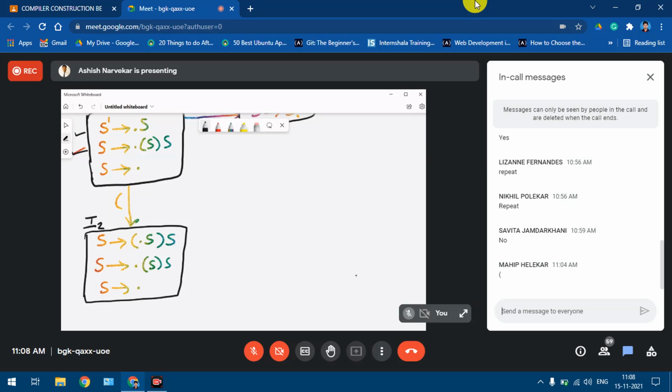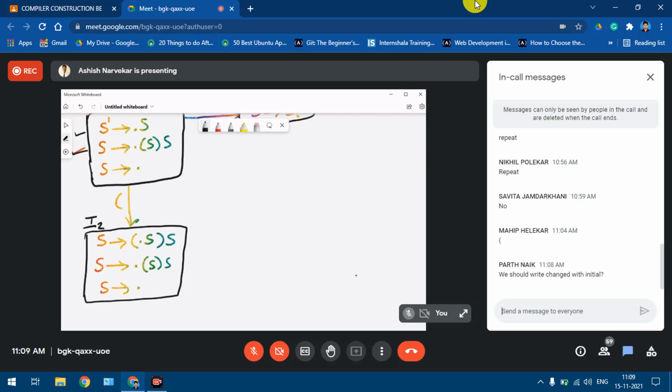Now we have the third production over here. The third production itself is S gives just dot, so that need not be considered, because on a dot it cannot go, on epsilon it doesn't go anywhere. Okay, so we have applied goto to all the productions of the first state. Now we come to this particular state, I2.